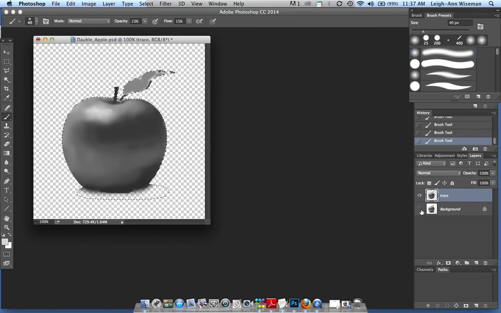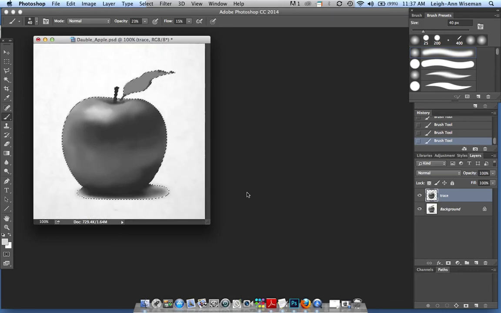Now if I turn this off, this is the background, you can see that I really softened up, especially in here, right? I haven't really done the leaf yet. Another thing I could do, since it's selecting this, my shadow kind of goes from like a darker value to a lighter value. So what you can do